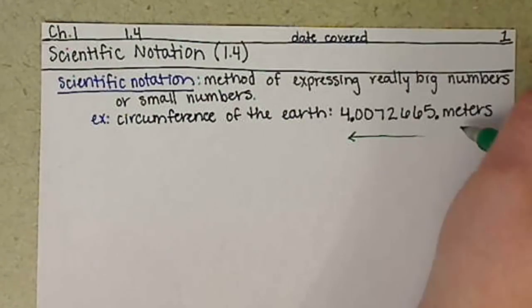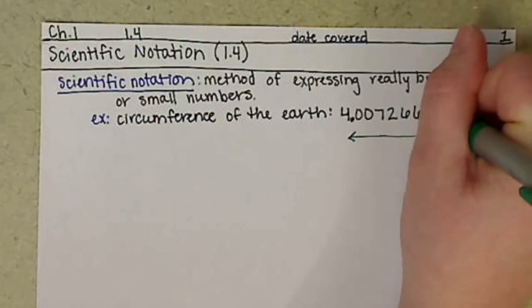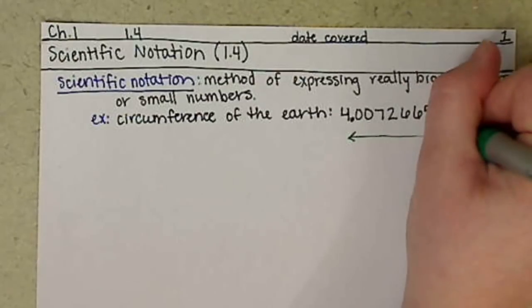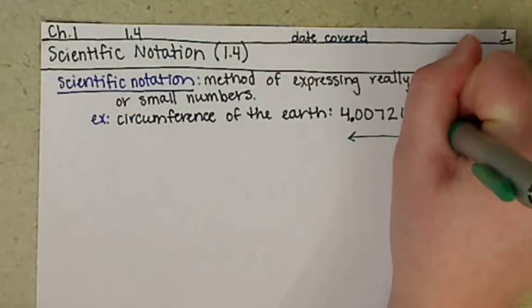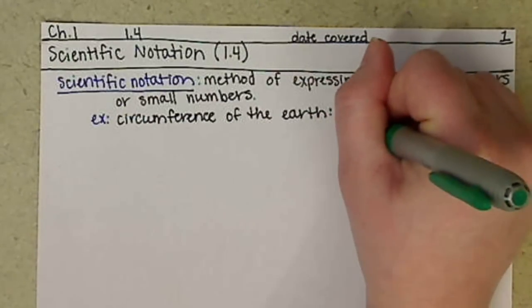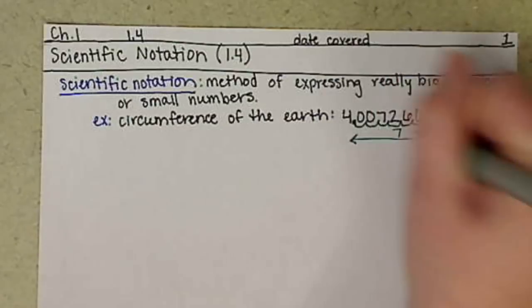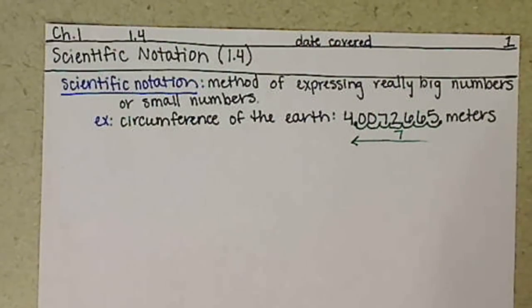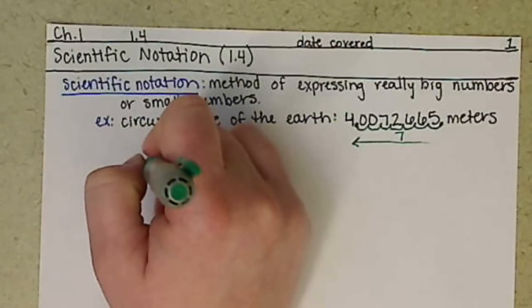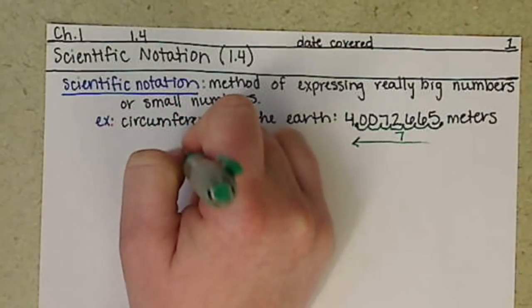Now you can just do that by counting digits. I like to actually draw it on the paper. I make fewer mistakes that way. So I just do little wave marks to count how many times I move it. So I have 1, 2, 3, 4, 5, 6, 7. And so I'm going to move that decimal 7 times. To write this now in scientific notation,